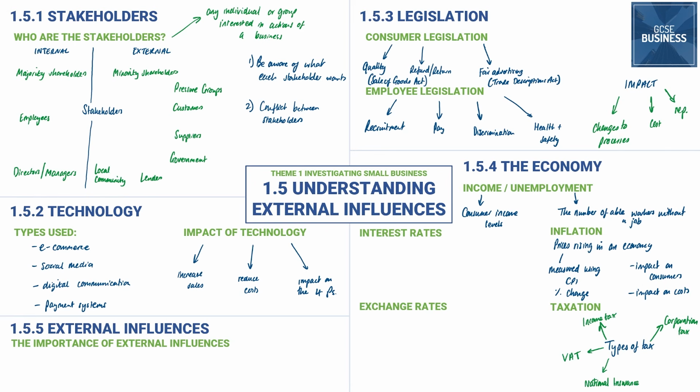Taxation, there's a few different types of tax. You just need to know what those different types of tax are. Income tax is a tax on a consumer's income. So depending on how much money an individual earns, they will pay more tax. So certainly some people, like for example my sixth form students who work part-time, will earn less than the personal allowance, so they won't pay tax.